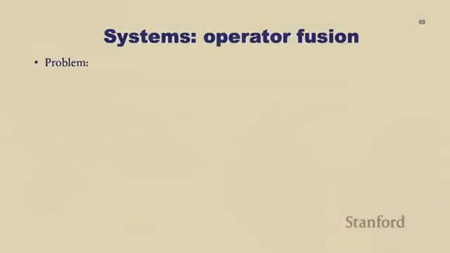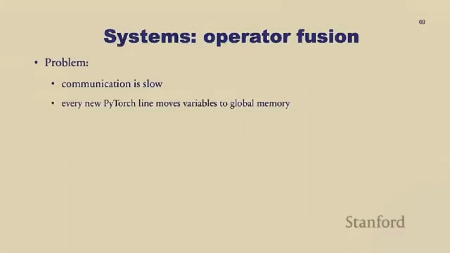Okay, I'll actually talk just about this and then I'll skip all the rest. Operator fusion, because I think this is actually pretty cool. As I just said, communication is very slow. And actually, every time you use a PyTorch line, it basically moves variables to the global memory of your GPU. So when you have something like this,